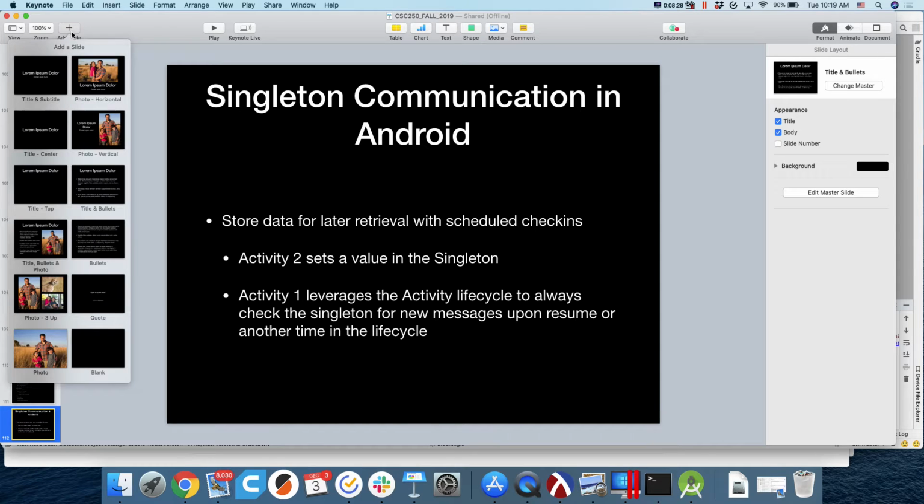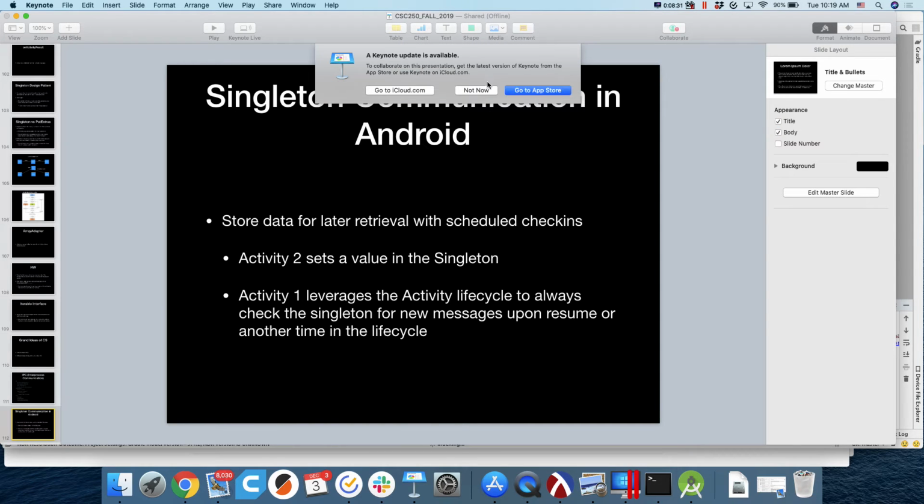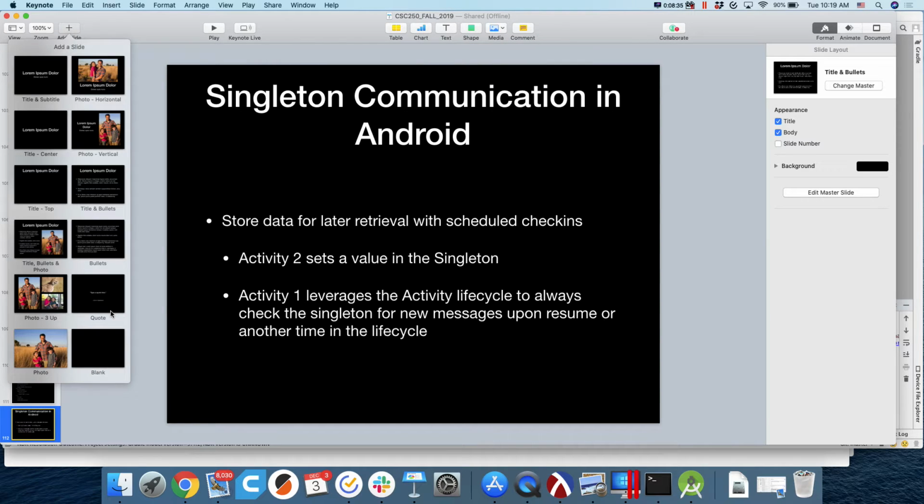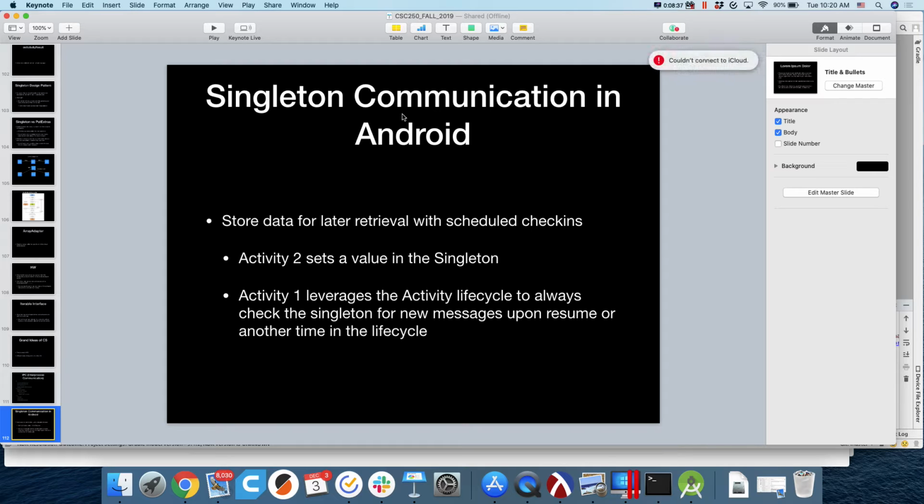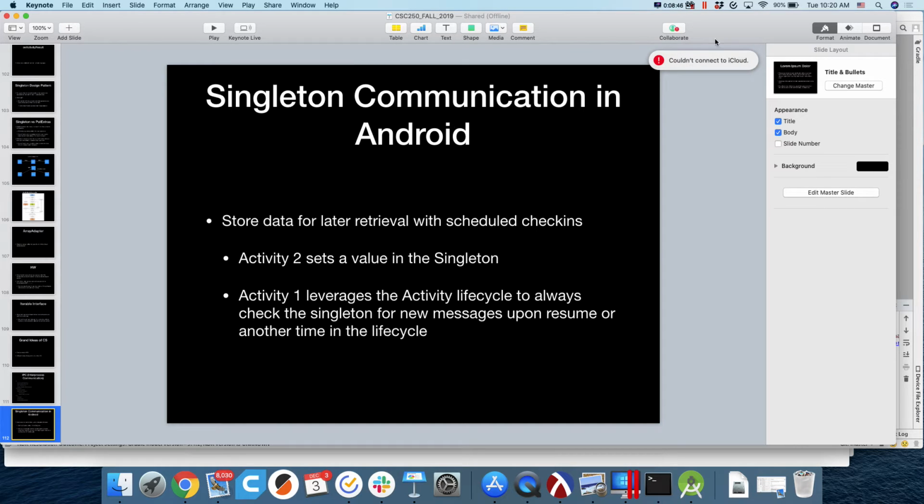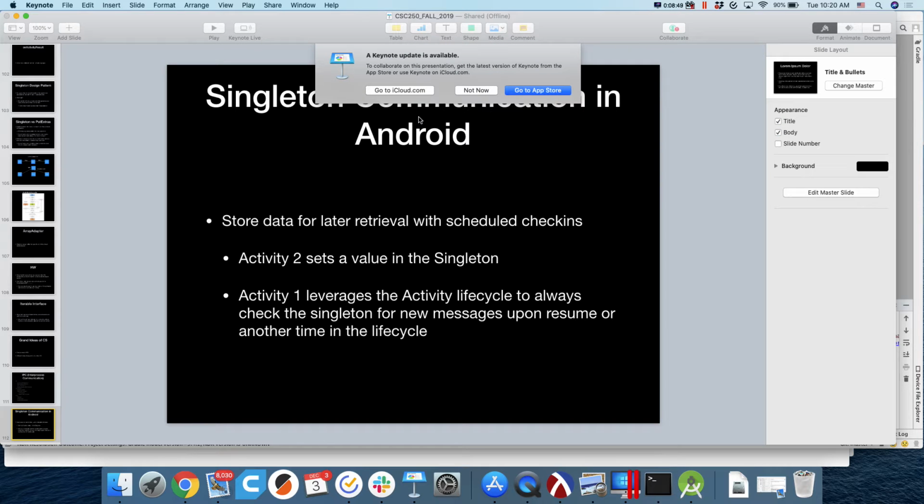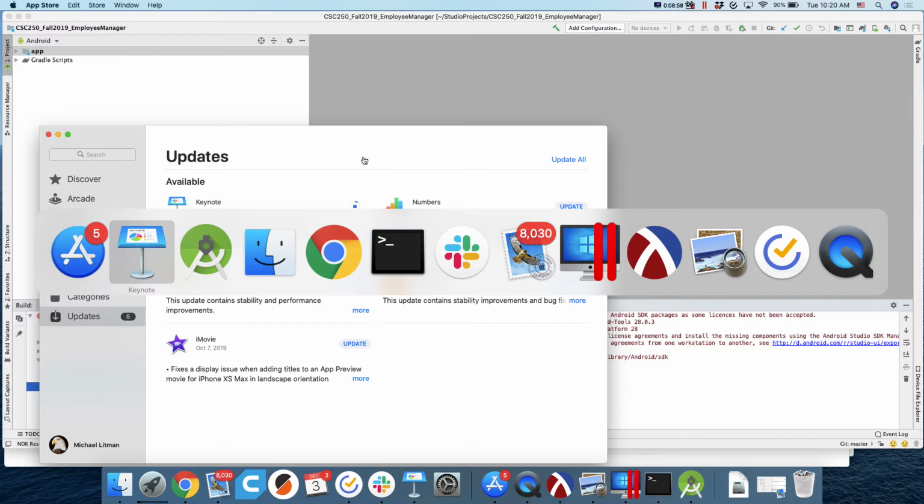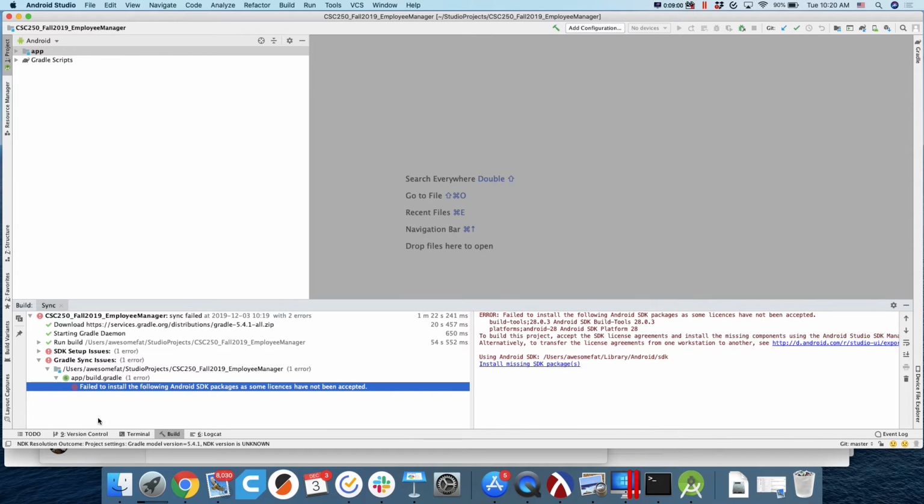So if we remember, I'll just put a new slide in here. I don't want to do that now. Couldn't connect to iCloud. That's good. It's going to make me update Keynote before it'll let it work. All right, so while that's kicking,